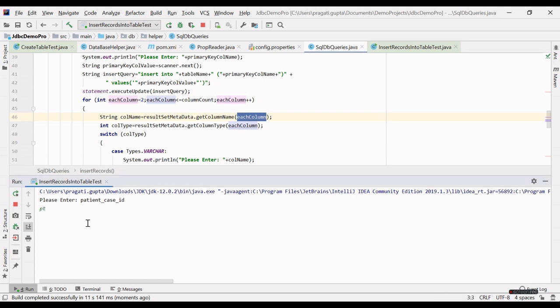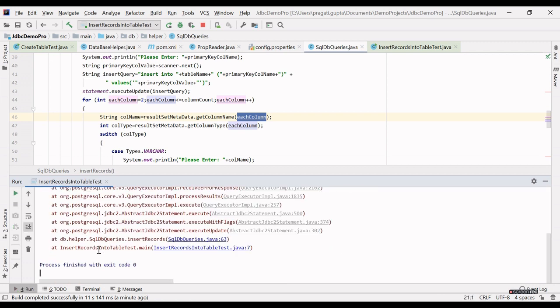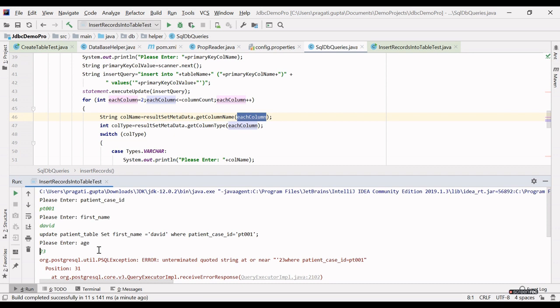Enter the patient case ID. First name is David, and you can see the query. Update patient table, set first name is David, and where patient case ID is this. Give the patient age. Oops, it is giving me some error.